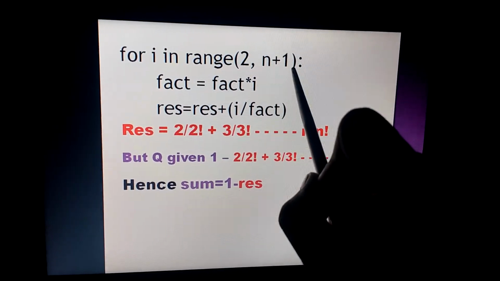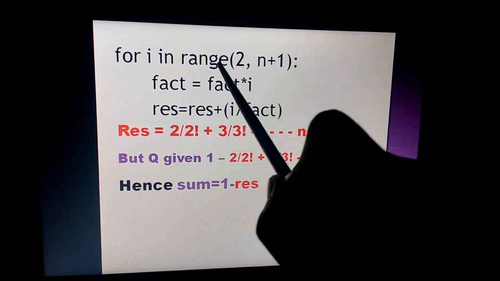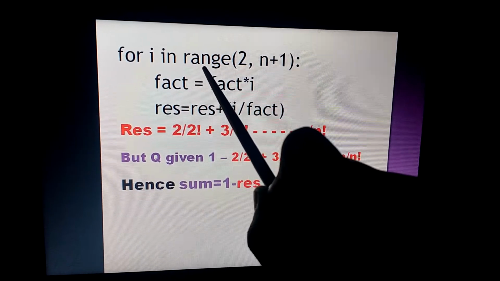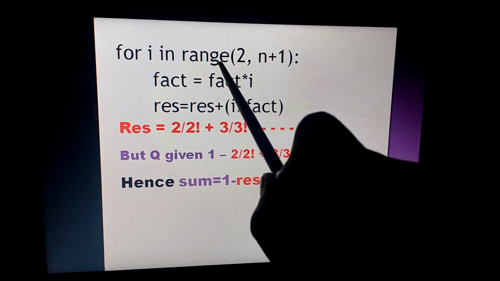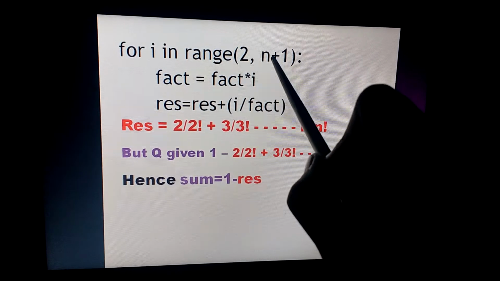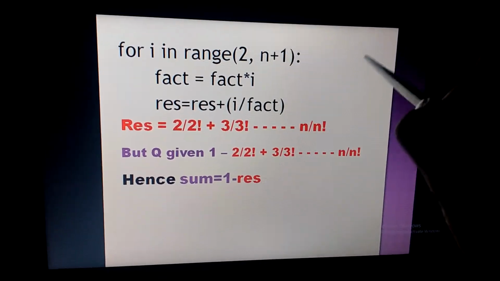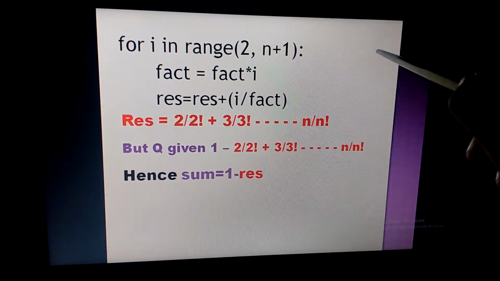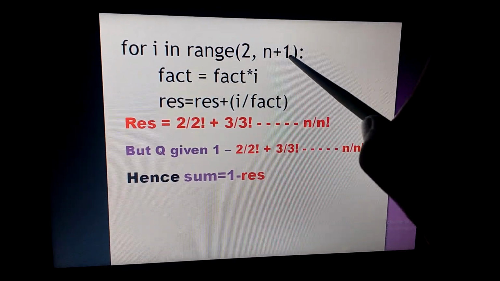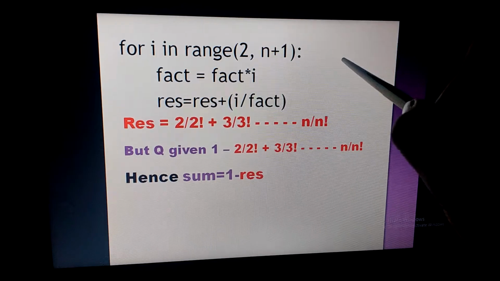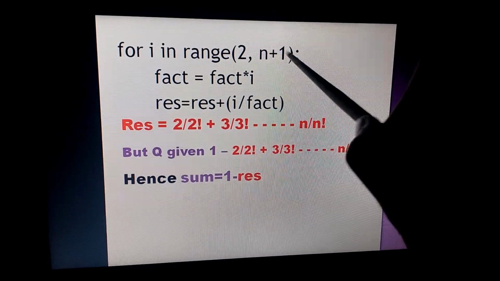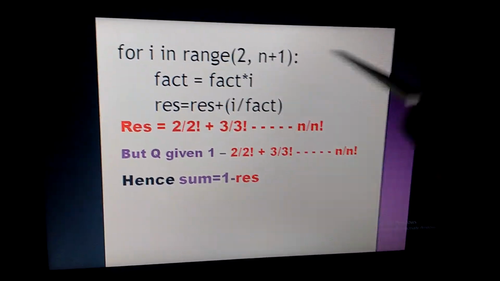I am using n plus 1 here instead of n because the default condition of the syntax of the for loop is less than. If I give n, I will be calculating only till n minus 1. For example, if I give factorial of 5, I will get only values till factorial of 4 because the syntax is less than. So I will be giving n plus 1 so that I get my value till 5.